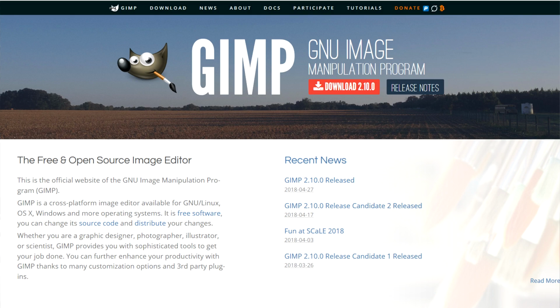Now, if the filters that are here aren't enough for you to convey the look of your film with your photographs, obviously you can use Photoshop. If you're not so great at Photoshop or you can't afford Photoshop, you can use GIMP, which is an open source graphics editing program. If that's still a little too difficult for you,